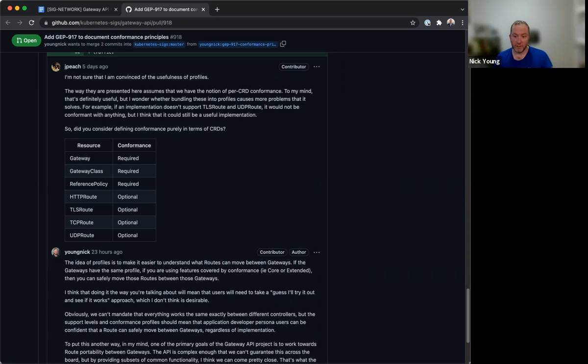But if you want to support those objects plus your own routes, or you only want to support HTTP route and not TLS route, sure, if you wanted to do that, that's fine. You can do the conformance just by specifying that you support just those objects. And if you wanted to do HTTP route, TLS route, and TCP route, but not UDP route, then you can do that just by specifying your own custom conformance profile in this manner. So yeah, I think that is fair feedback that I'll take. The conformance profiles are syntactic sugar, but we should make sure that the levels of specificity that you want are available to you as an implementer.